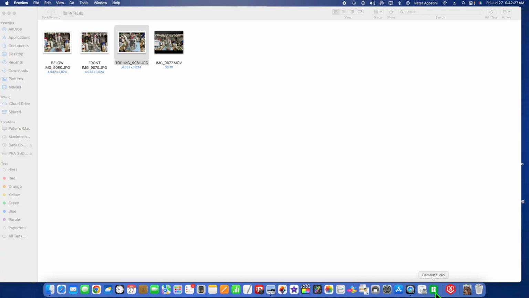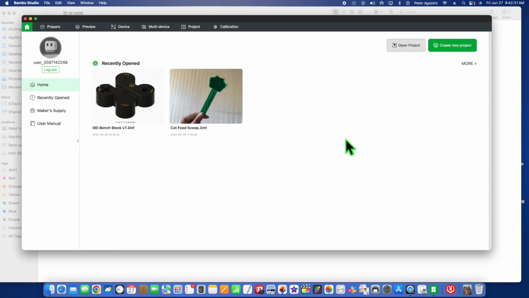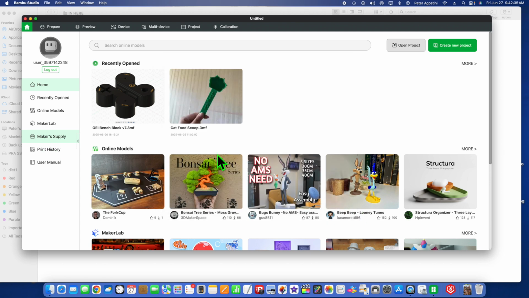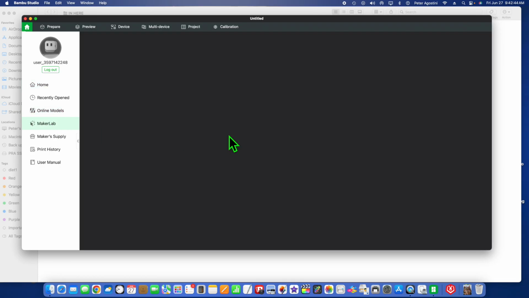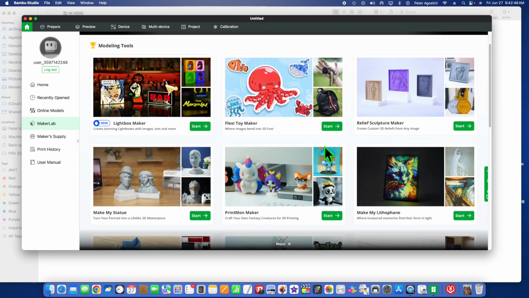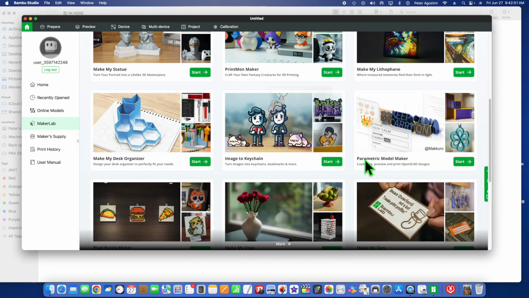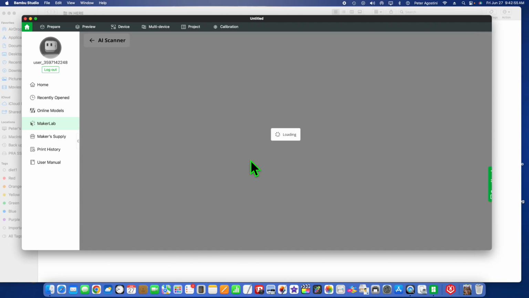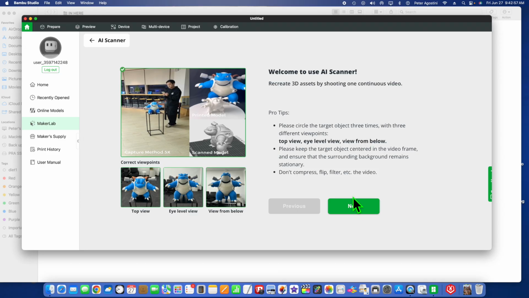So we have to go to Bambu Studio, open that up, and we have to go to, not Eyeline Mottos, Maker Lab. Let's go to Maker Lab, and let's go down here, AI scanner. Try it here. We're gonna open that up, and go start,